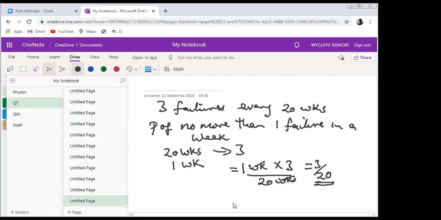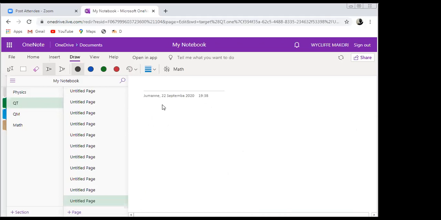Now, there is this part that says no more than one. No more than one simply means that either we have 0 failures or 1 failure, but not more than 1 failure. Either there is no failure at all or only one, but not anything above 1. So what we need to do is some calculation. So no more than 1